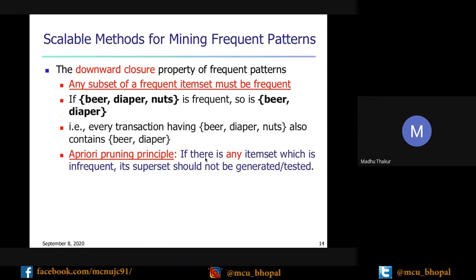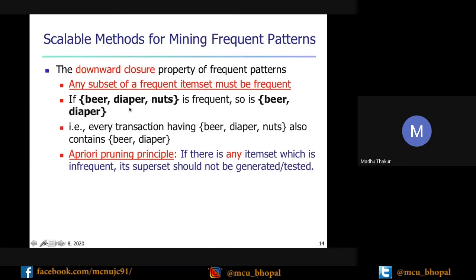For example, you can see this example where beer, diaper, and nuts are there.